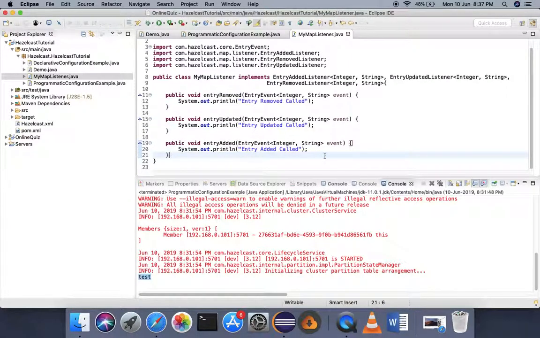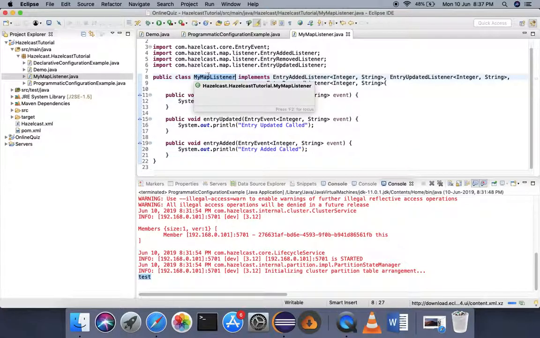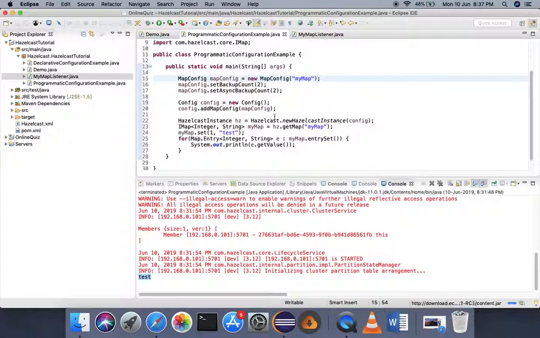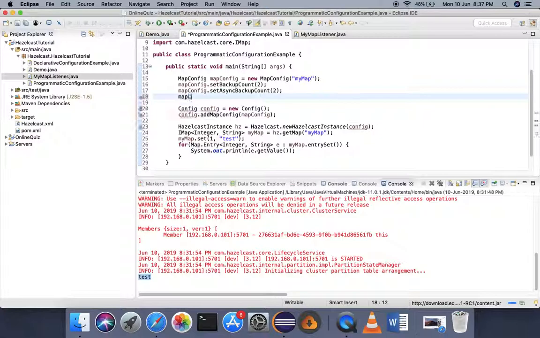Okay, so this is our entry listener. This is the name of my entry map listener, or you can say entry listener, and this is what we will have to programmatically configure to our map. So I'll go back to our main class, and here I'll use the method add entry listener config, and inside that config I'll create an object of entry listener config, and then I'll pass the fully qualified name of my entry listener.